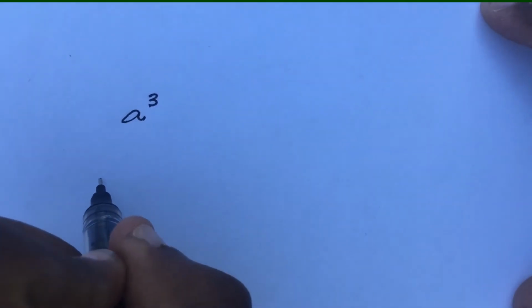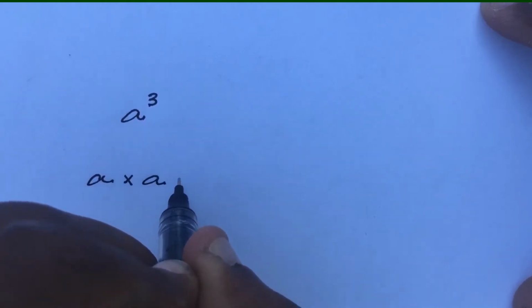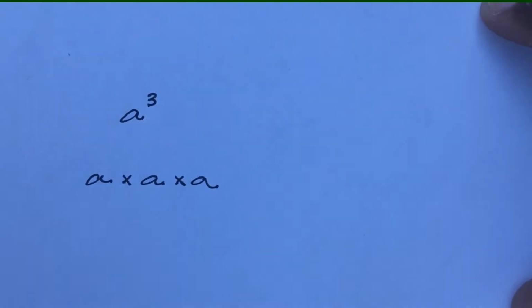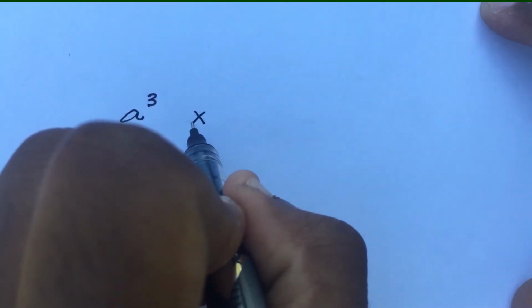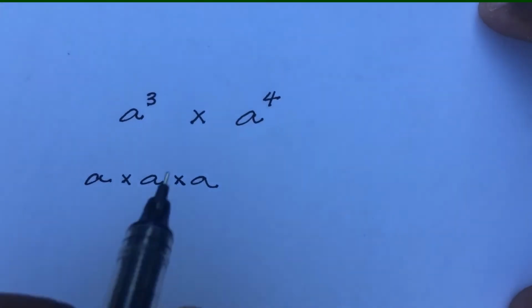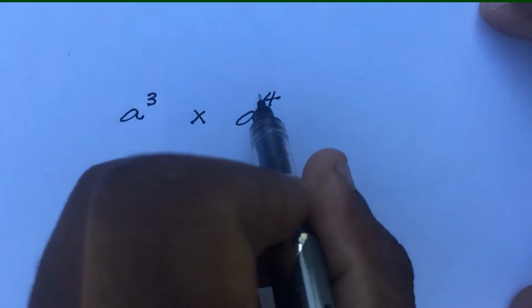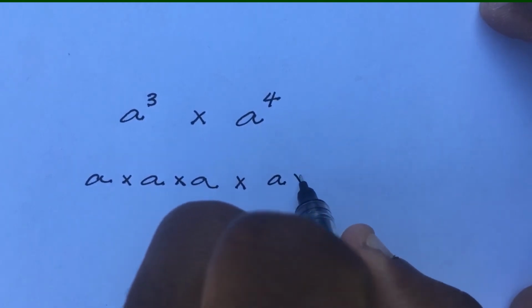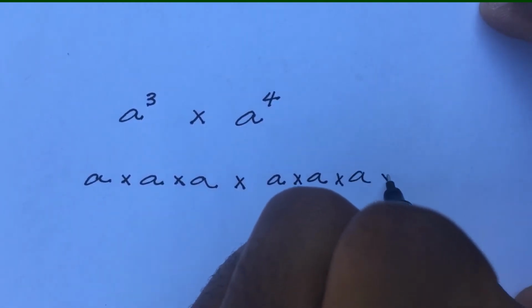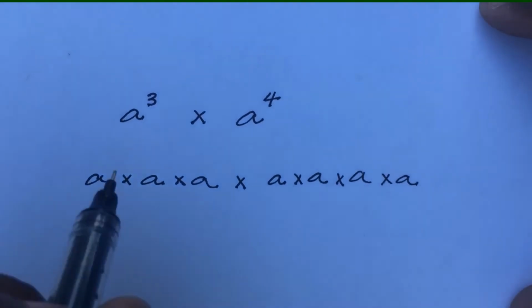Let's play around with our indexes a little bit more. So let's say that we have a to the 3rd power, which really means we have a being multiplied by itself 3 times, a times a times a, and we were multiplying that by a to the 4th power, which means I'm multiplying a 4 times again, a times a times a times one more a. So when I look,